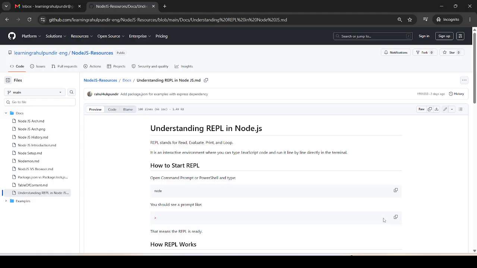Okay, so let's understand the REPL. REPL stands for Read, Evaluate, Print and Loop. This is the full form of REPL, right? So what is a REPL? REPL is an interactive environment. Interactive means where you can perform some actions, right? So REPL is an interactive environment where you can write your JavaScript code and run it line by line in